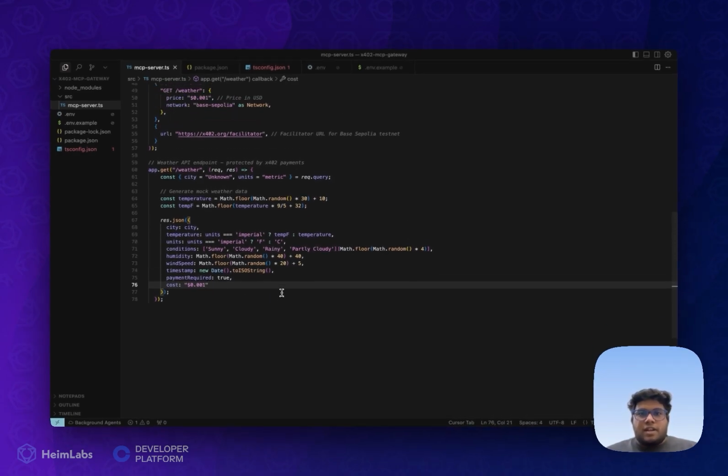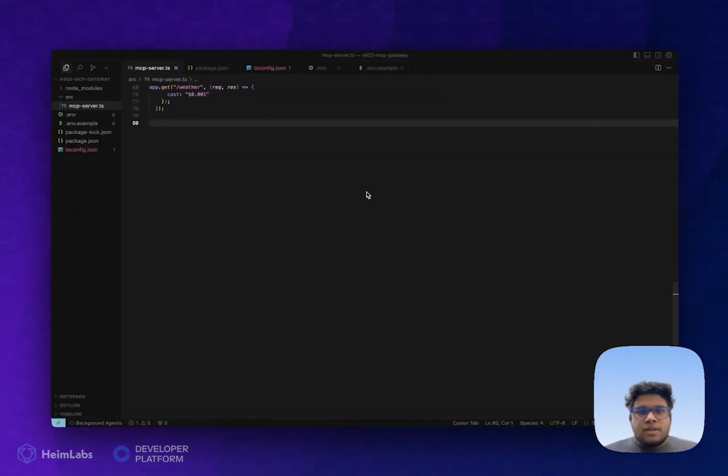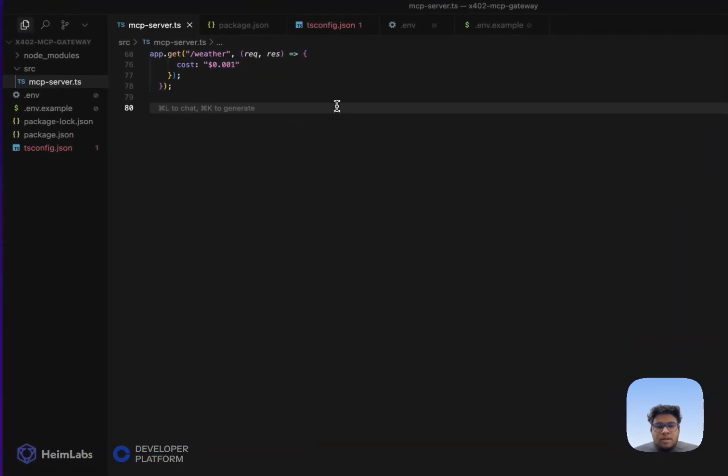So we are done with the part one implementation where we were able to implement an Express server and implement an API with Export to monetization. So now let's start with the part two of the script, which would be to create the MCP server. So in this section, we would be actually initializing the MCP server and defining the various tools that would be accessed by the LLMs using this MCP server. So let's get started with that.